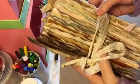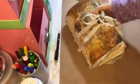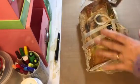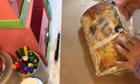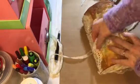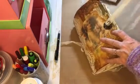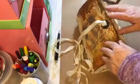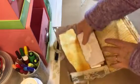As I've worked on it, it's gotten thicker and thicker, but I'm just going to leave it down here, and without having you read my thoughts, I'll just tell you and show you how I use it. I was actually just going to sit down and write in it, so I thought, well, I'll just do a little video. And so I just started out with, in this front pocket, Laurie wrote me a lovely